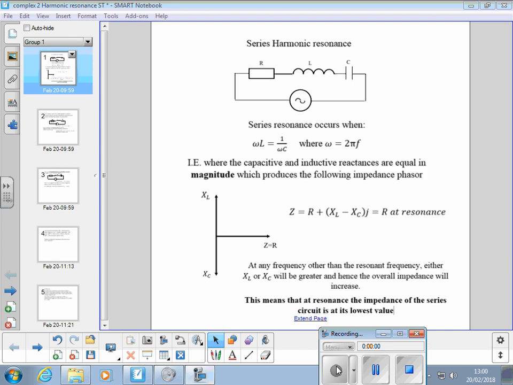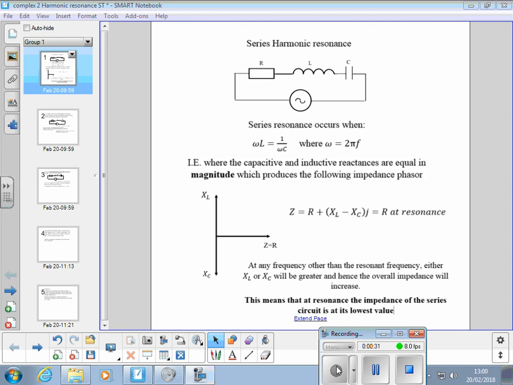Right, ladies and gents, carrying on from where we left off last time, we're going to take a look today at series harmonic resonance, and most importantly at its implications for circuits. Okay, so if we take a series circuit with at least one R, one L and one C component in, as shown there, and we apply an AC